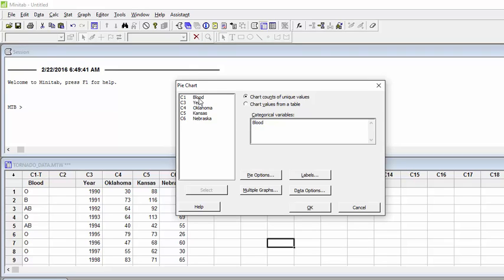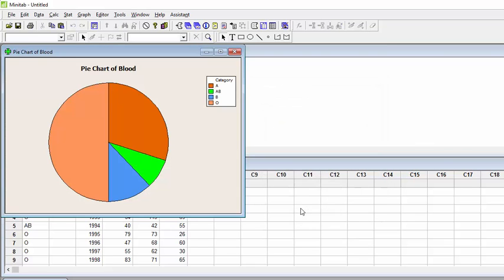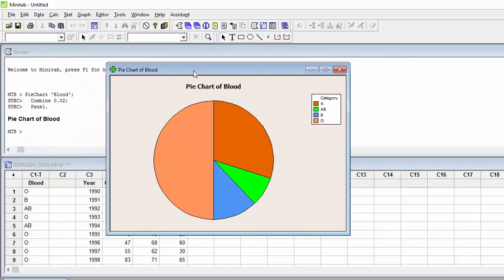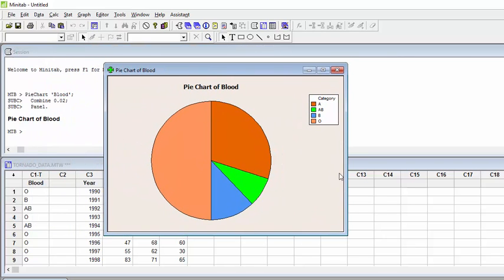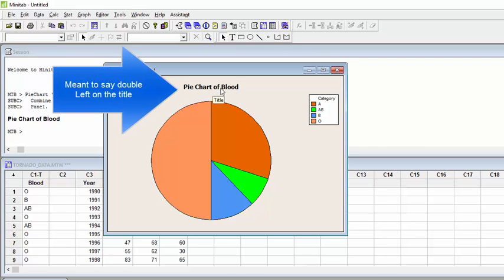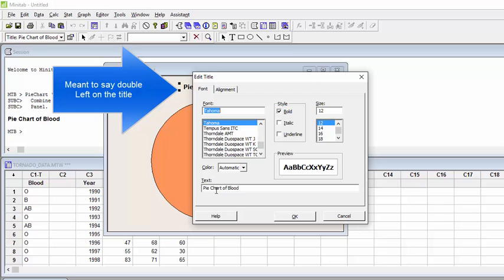Now I'm ready to see what this graph will look like. The MINITAB default graph. So I hit OK, and out will appear the pie chart for blood type, and I can move it around and do things with it. Now, the first thing is that we always want to make more descriptive titles. So we can change the title to whatever we want. So I'm going to left click on this title, and I'm going to say